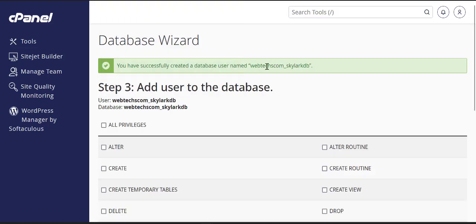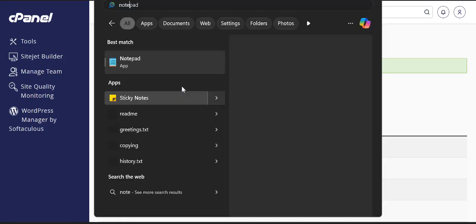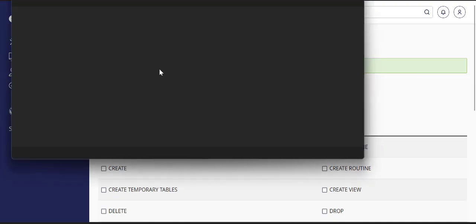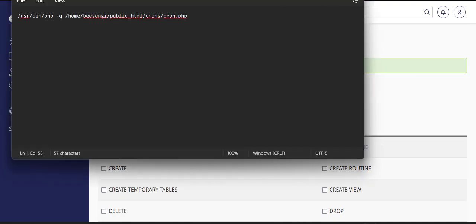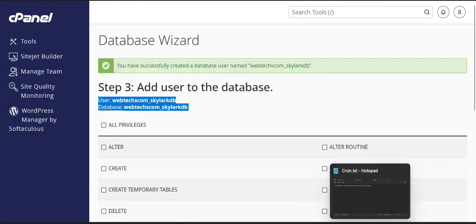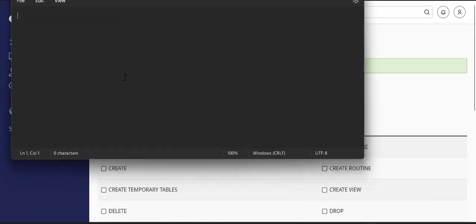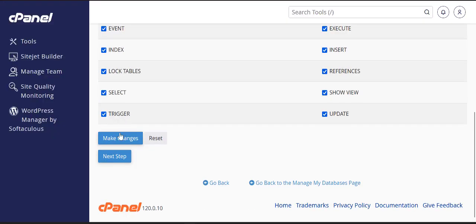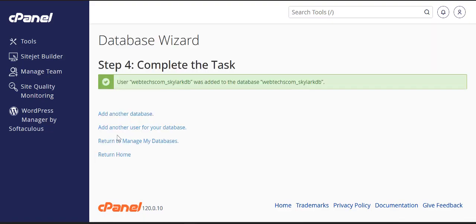So you can see this is the username. Now these details, copy it, and I'll paste it here, and I'll tick all privileges, and I'll make changes. Then